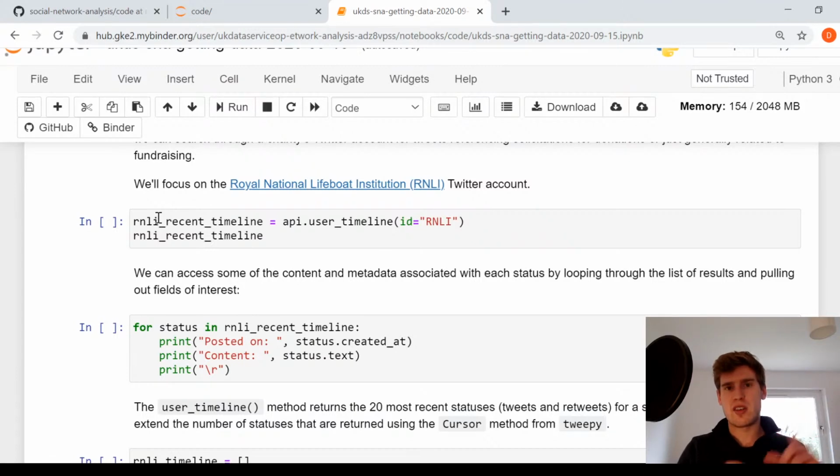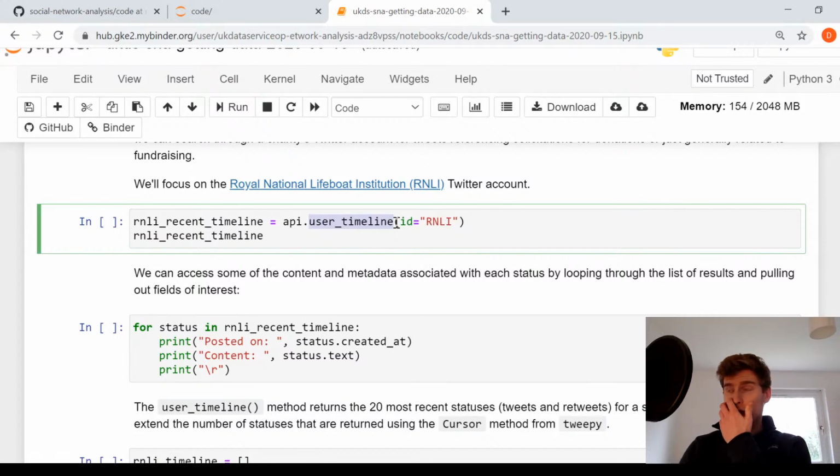I want to extract certain fields from those tweets, so certain bits of information that are really interesting, and I want to spit all that information out into a nice clean database and save all of that to a file. So it sounds maybe reasonably complicated, but it's actually quite easy thanks to Python and Tweepy. So what I want to do is get the full user timeline. So basically that's not everything that this Twitter account has posted, but it's the couple of thousand most recent tweets